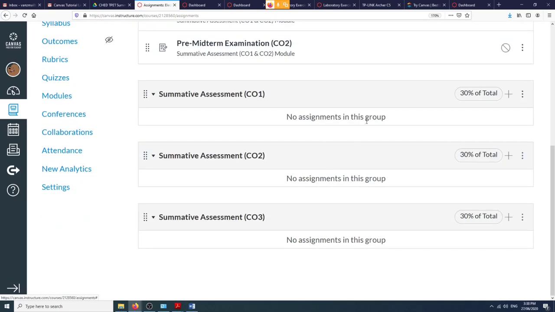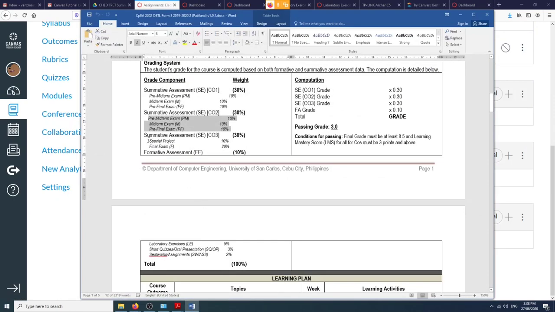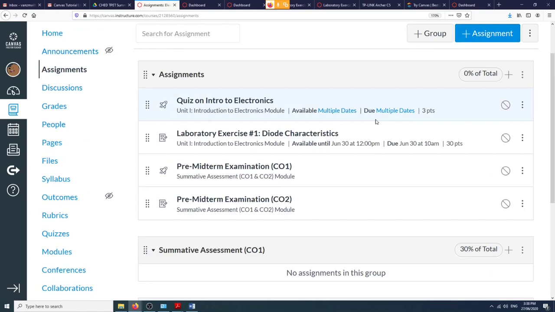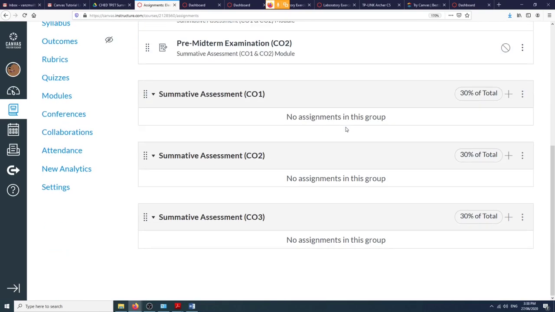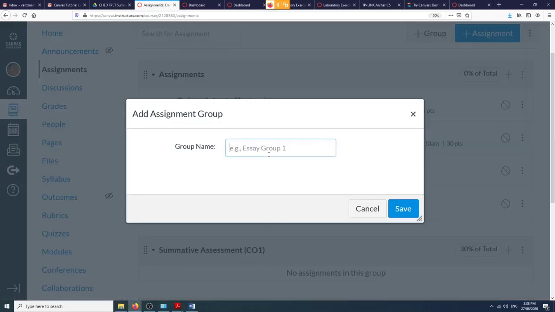Then the 10%, what is the 10%? The 10% are the formative assessments. Again, balik ta sa atong rubrics. We have the laboratory exercises, short quizzes, seat works, and assignments. So let's create those groups. But I will not create a group for them, no. So I'm gonna create a subgroup, for example, laboratory exercises. Okay, so another group, laboratory exercises,